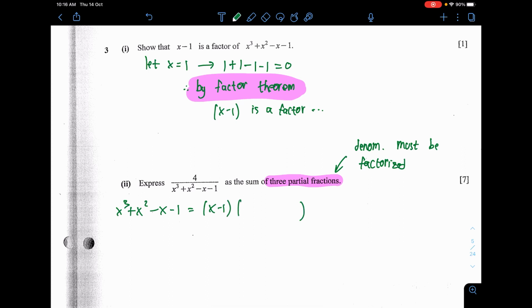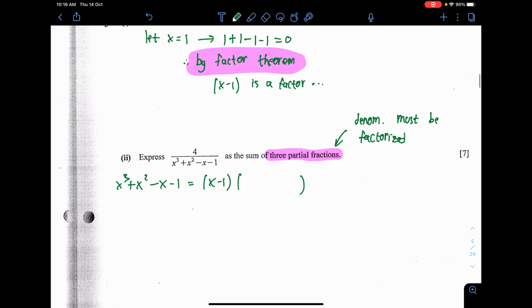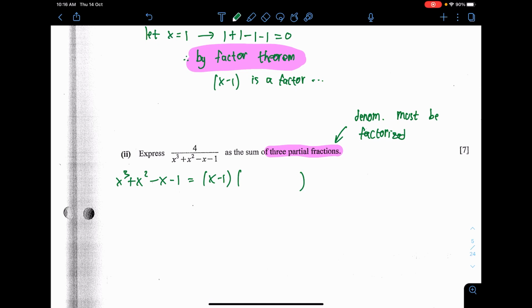Now to find the other factors here, you can do long division or you can do the comparison method. I know that most people don't really like the comparison method, so I'm going to show it to you. Long division, I believe around 70% of you should be able to do partial fractions quite well. Now by the comparison method, how do I do it? You see that the first bracket I provide is x minus 1. The second bracket I have no idea, but you can tell from the expression on the left hand side that everything is x cubed. So at the very least, the right hand side must have an x squared.